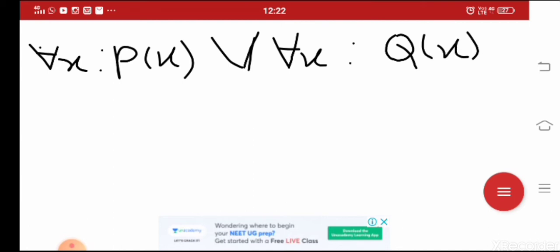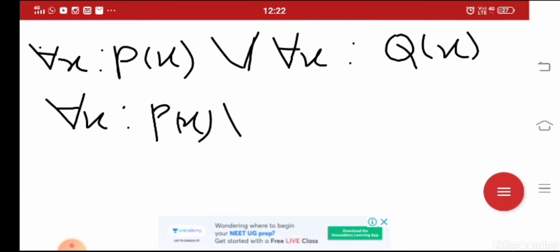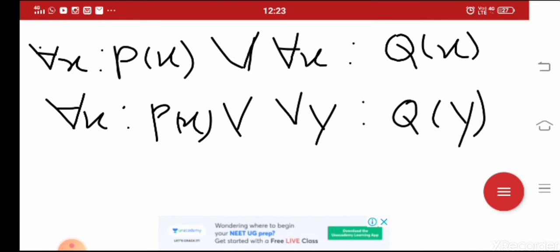After standardization of this, we'll get universal of x such that p of x or universal of y such that q of y.